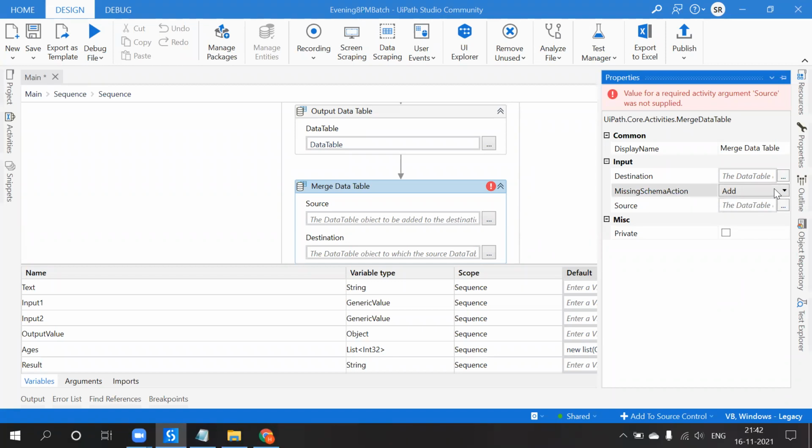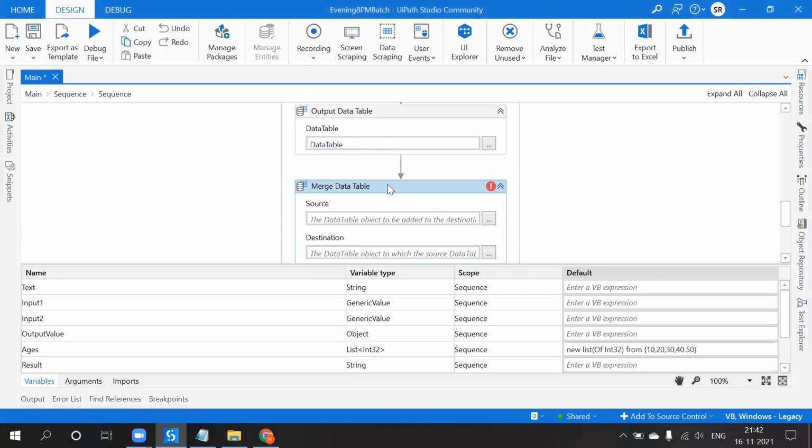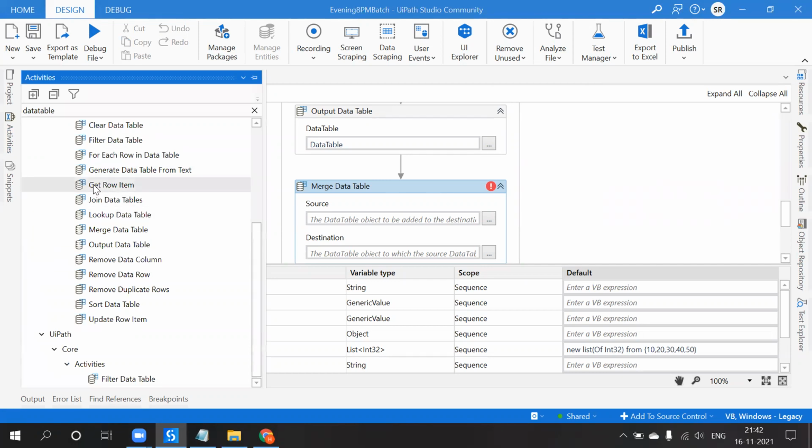This is also important, but I need two tables to use merging, so we will generate another table tomorrow by taking some data and try that. Okay, merging. And then we will see how to pass the data row item, with the update row item or get row item.